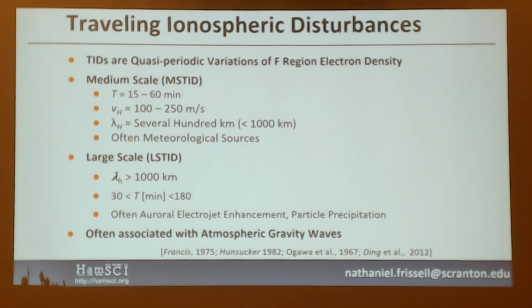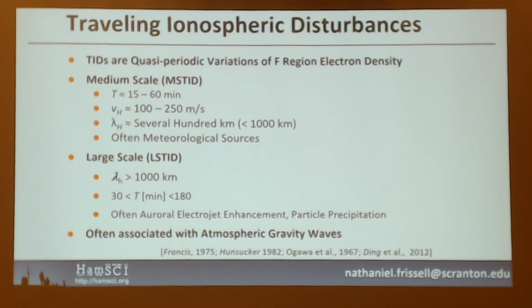So TIDs are quasi-periodic variations in the F region electron density. And so medium-scale, or MSTIDs, are defined as having periods of about 15 to 60 minutes, horizontal velocities of 100 to 250 meters per second, several hundred kilometer horizontal wavelength, but less than 1,000 kilometers, and they're often from meteorological sources, we found out. So a lot of what drives the MSTIDs are disturbances from the neutral atmosphere that couple